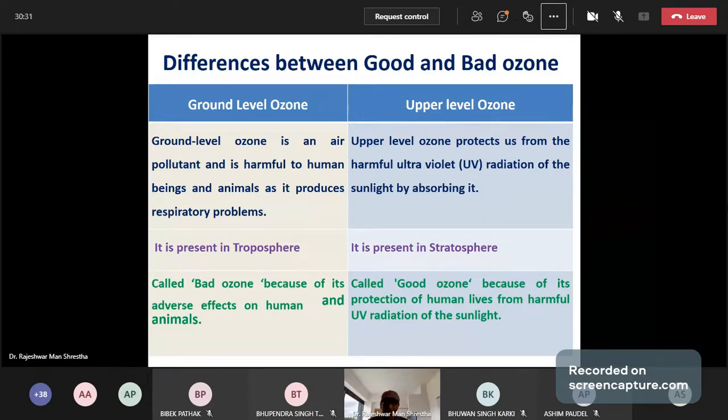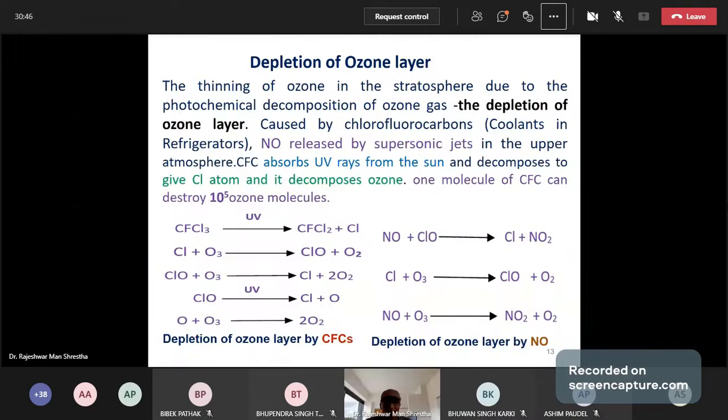Upper level ozone is called good ozone because of its protection of human life from harmful UV radiation of sunlight. It also saves the life of animals, aquatic animals, and plants also. But the ozone layer in the higher level has been thinning due to human activities. The thinning of the ozone layer in the upper atmosphere is known as depletion of the ozone layer and is caused by chlorofluorocarbons used by human beings